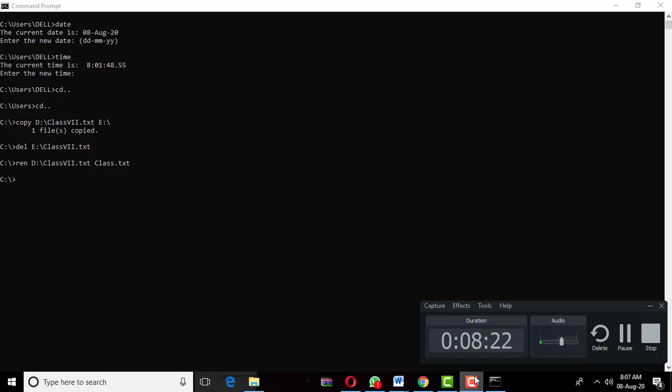Now we are going to create a file using the copy con command. Okay students, using the copy con command we can create files in MS-DOS. So here we are going to create text files.